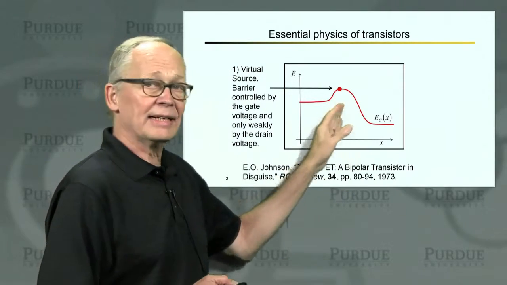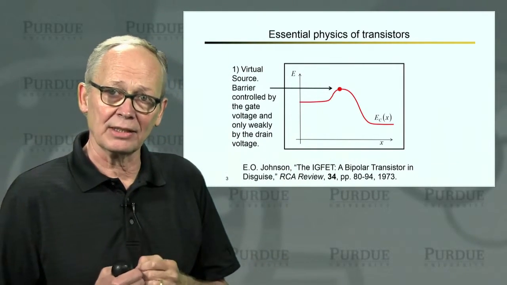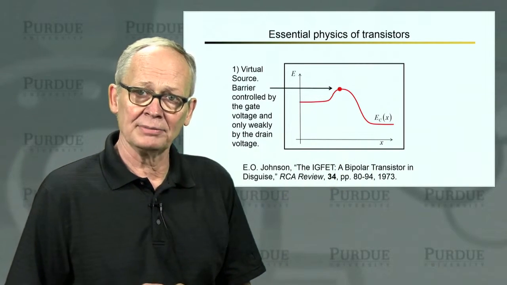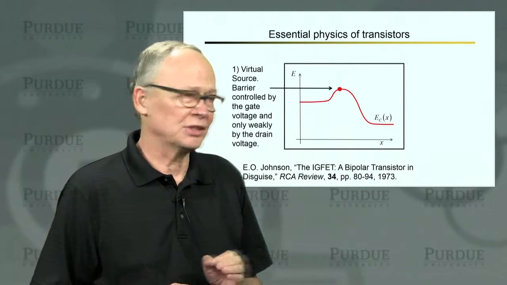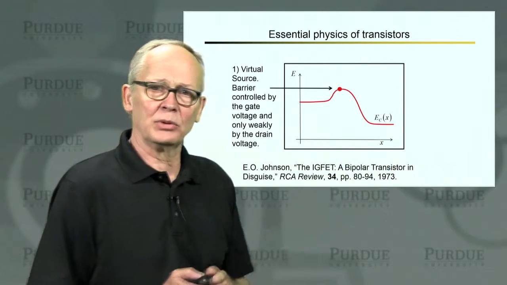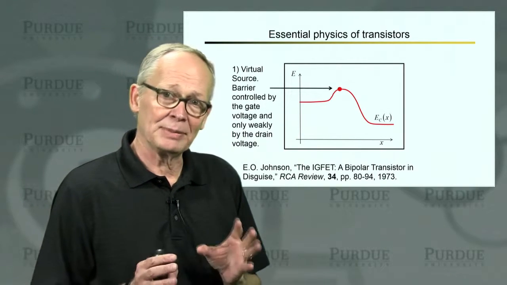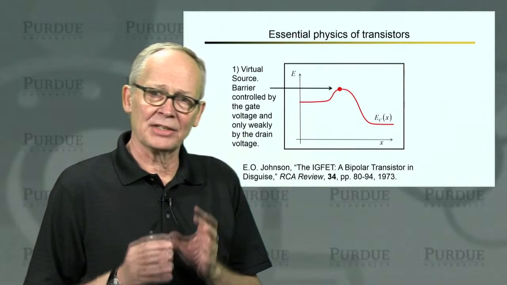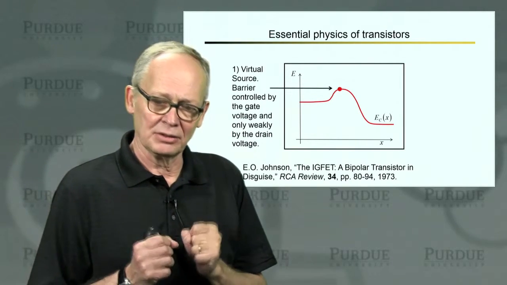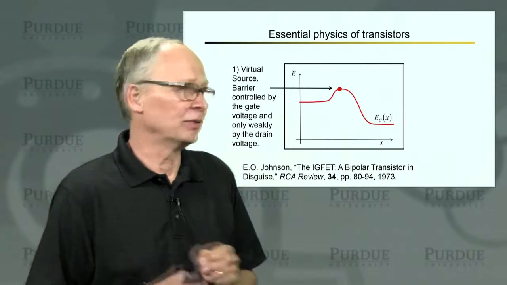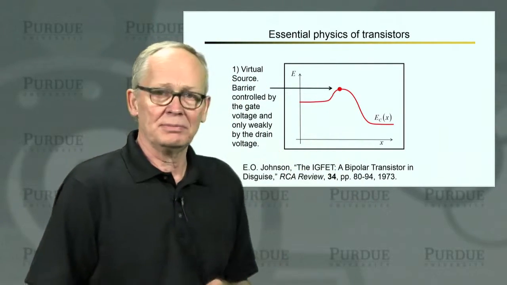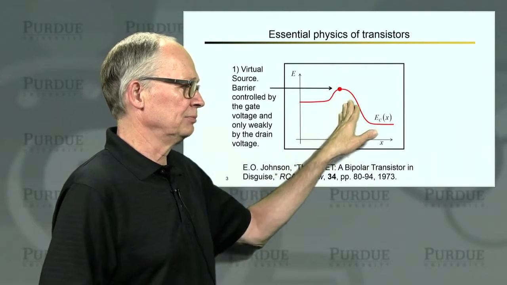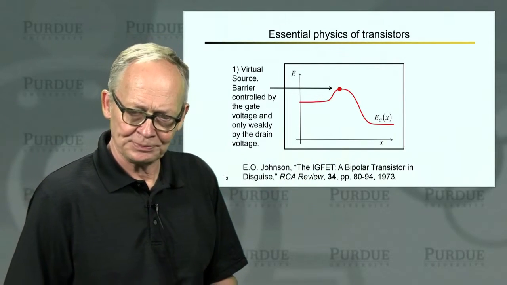Now, in a well-designed transistor, one that is electrostatically well-designed, the height of this energy barrier between the source and the channel is controlled strongly by the gate voltage and is only weakly dependent on the voltage that we apply to the drain. So that's becoming more and more of a challenge as MOSFET channel length scales down, but that's the essential goal of transistor design, to maximize the control of the gate over that potential energy barrier, and then we modulate the current that flows out of the source just by pulling the barrier in the channel up and down with the gate voltage.